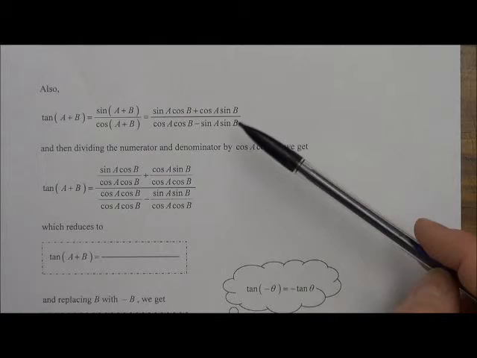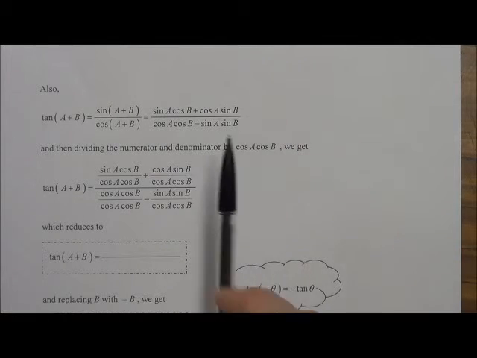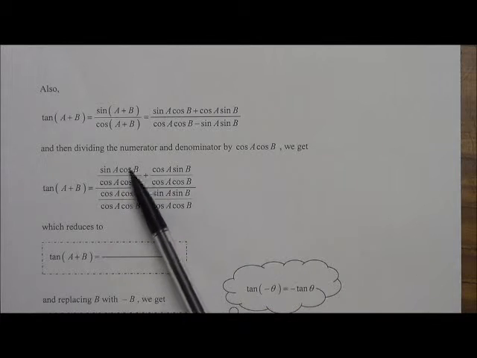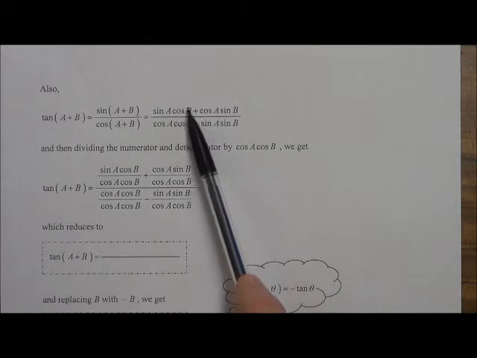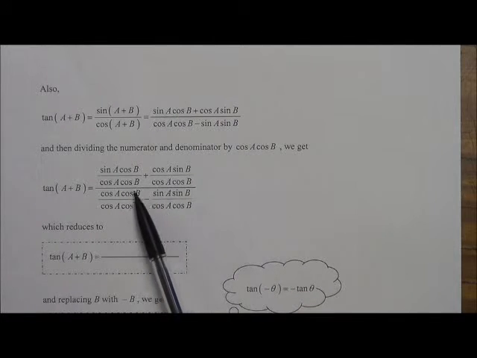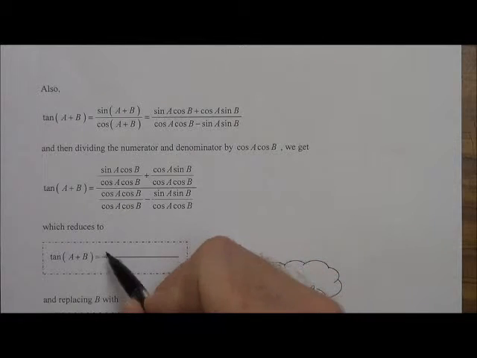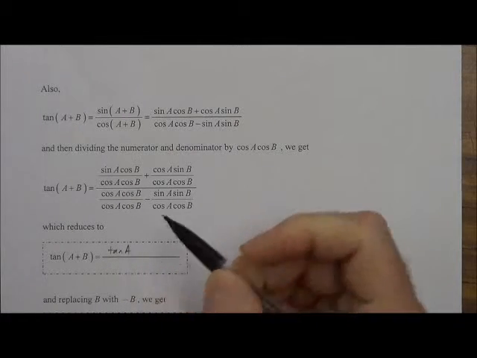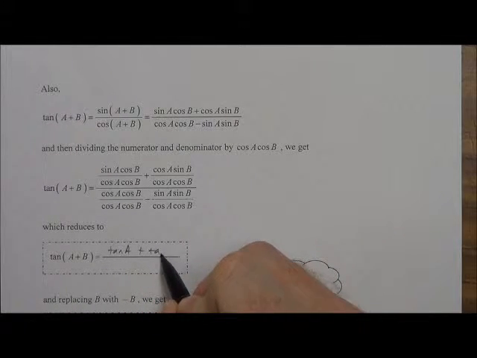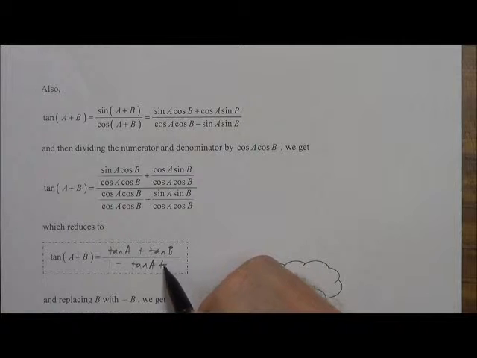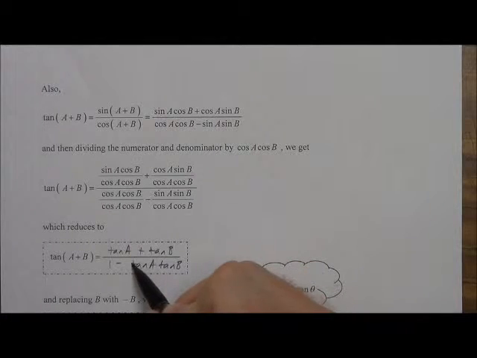Then if we divide the numerator and denominator by cos A cos B, we put cos A cos B underneath each of those terms, do a little bit of simplification, and we end up getting tan A plus tan B